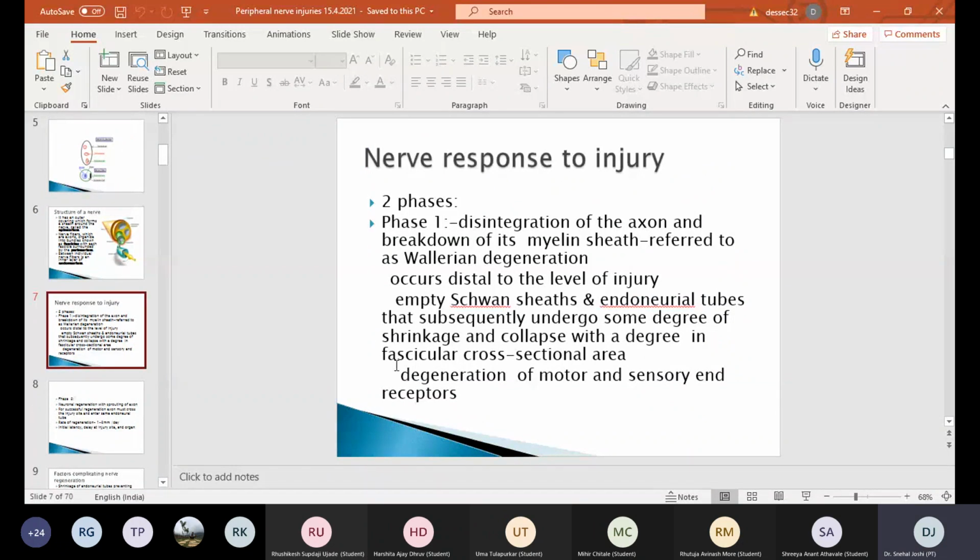Now what happens when there is an injury to a nerve? There are two phases. The first phase is that there is going to be disintegration of the axon and breaking down of its myelin sheath. This is called Wallerian degeneration. It occurs distal to the level of injury. So the axon disintegrates,